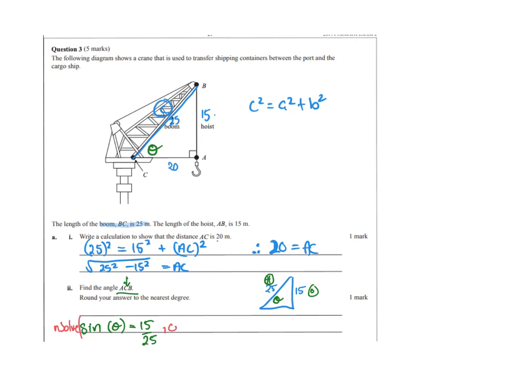comma, we'll put x maybe. And you can do n solve and find it, or you can, if you really want, just use the inverse like that and find it. So we'll just use that. Okay, so it said to the nearest degree, so I'll write angle ACB equals 37 degrees. All right,